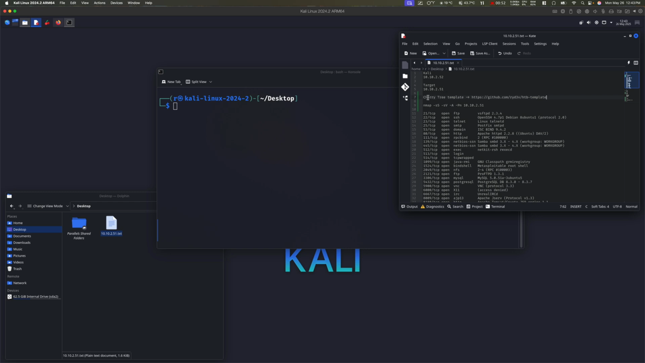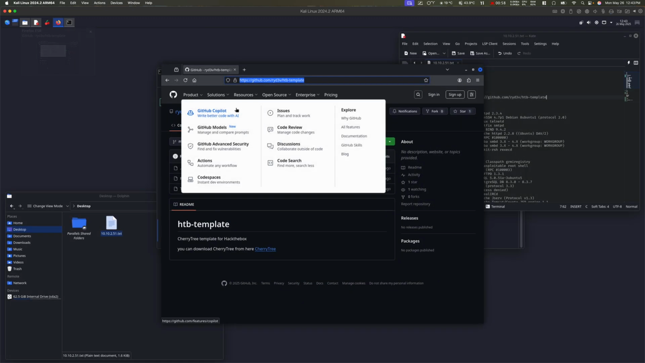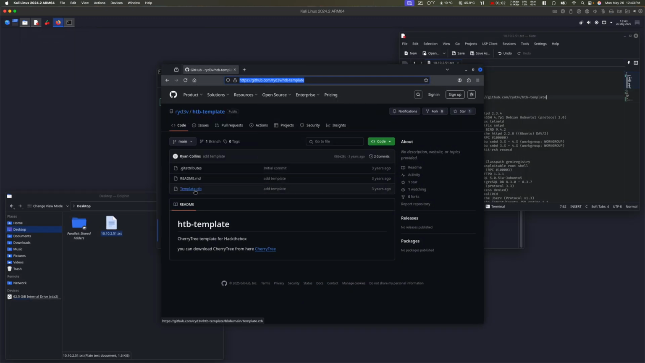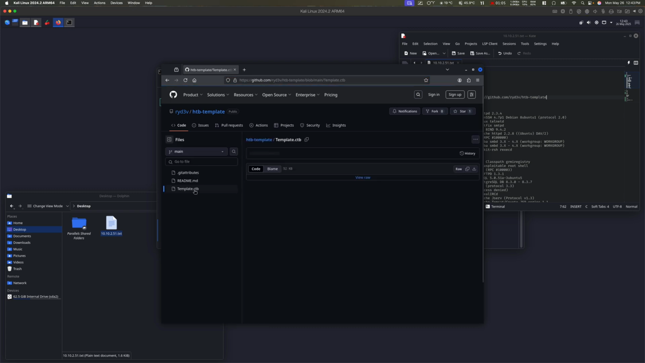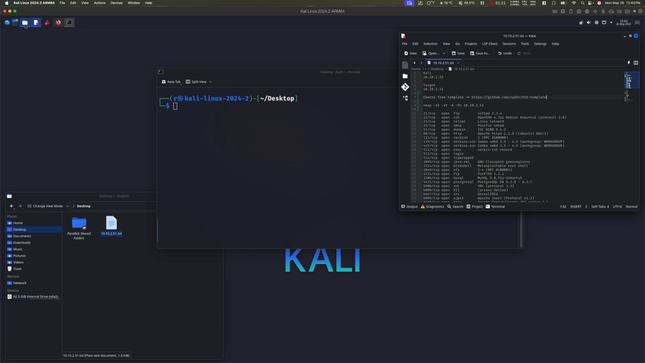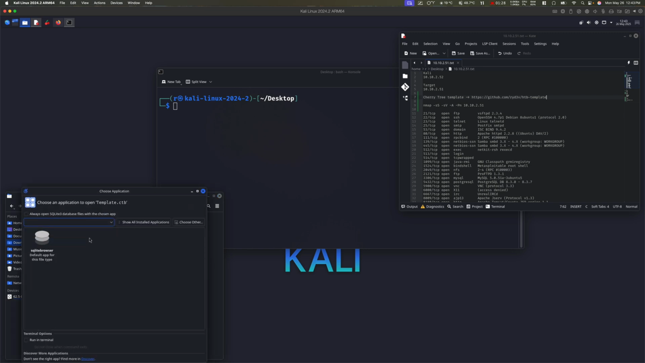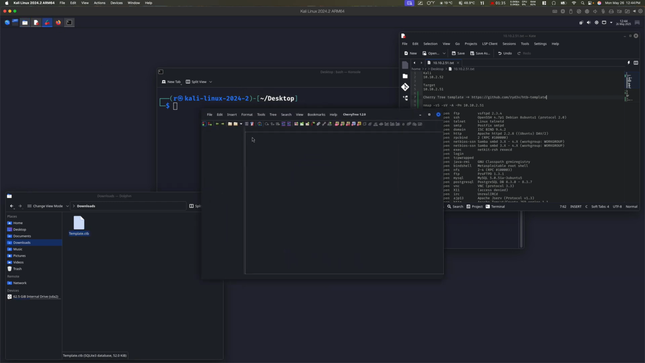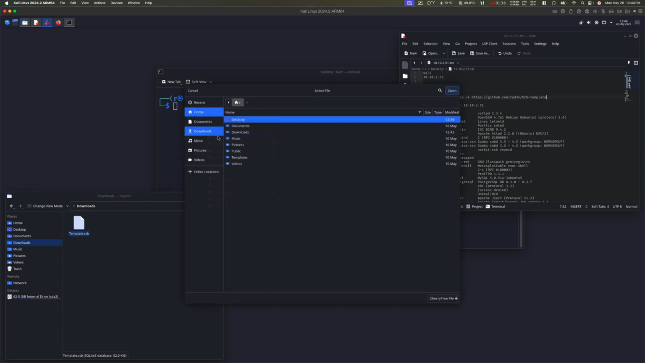I just wanted to show you that there's another note-taking app you could use called Cherry Tree, and I have a template here in my GitHub, and I'll leave the link in the description. If we download it, we could just go to my Hack The Box template here. We'll get into that a little bit later on. And if we open it with Cherry Tree, we're going to open file,